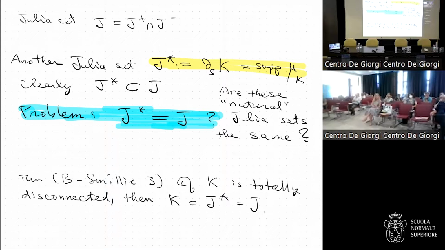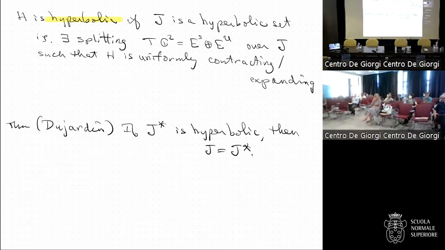Okay. For instance, Smiley and I have written some papers, and in paper number 3, among other things, it says if your set K is totally disconnected, which is a case, I mean, there are a lot of interesting dynamical systems with K totally disconnected, in that case, then these are all the same. But another example is,